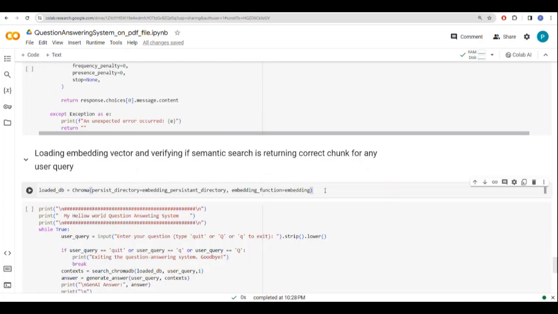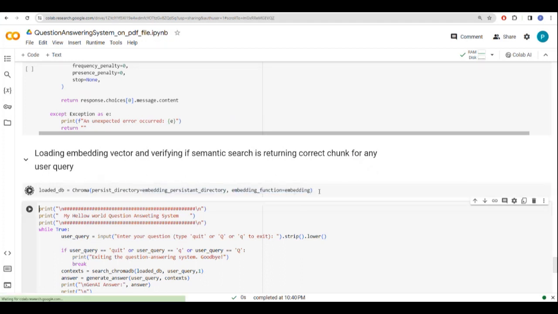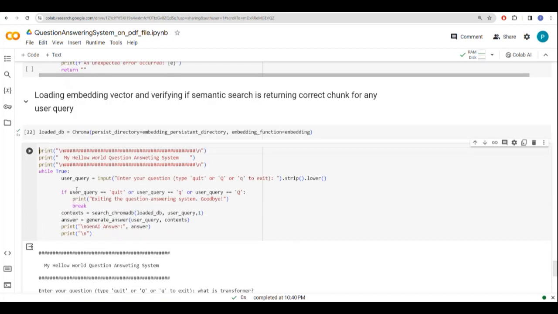Okay, so using these two helper functions, search chroma db and generate answer, let us implement our application. We will first load our embedding vector. To load it, we are calling this chroma function and passing the path of our embedding vector and the function. Once this embedding vector is loaded, I have written this small piece of code which has a while loop. It provides you the prompt where the user can ask a query,